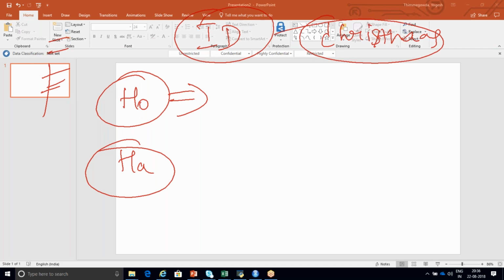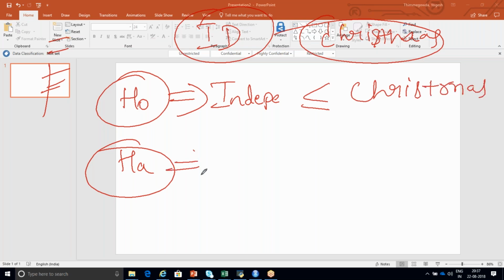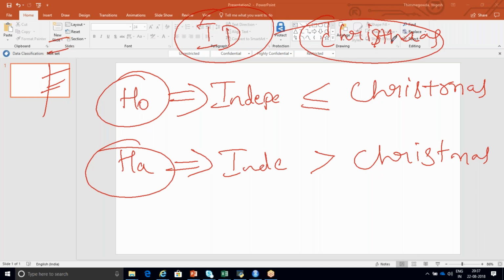I'll tell. So null hypothesis is nothing but Independence Day sales is less than or equal to Christmas sales. Alternate hypothesis is Independence Day sales is greater than Christmas Day sales. Got it? And remember one thumb rule, for your understanding. Always fit the null hypothesis as less than or equal to, and the alternate hypothesis as greater than.